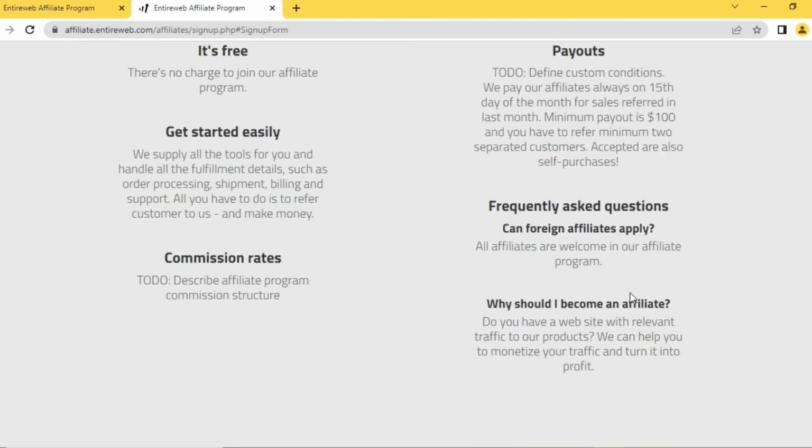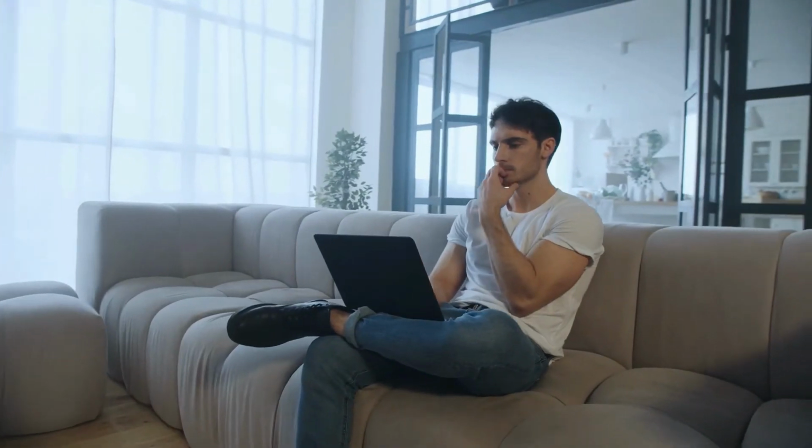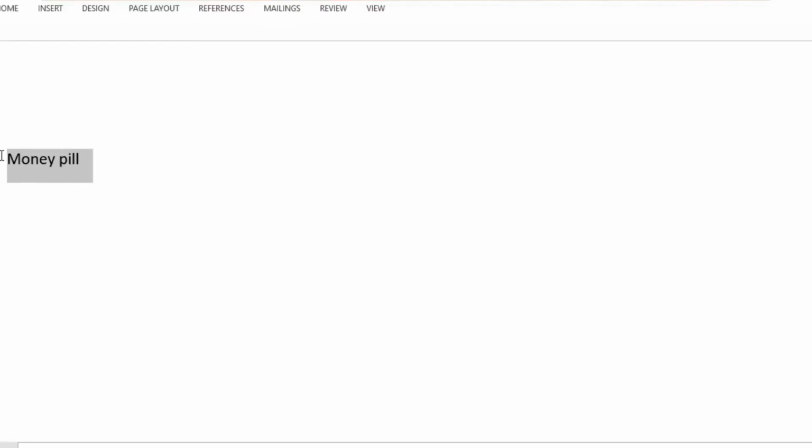Following your registration, you will be taken to your very personal dashboard. To get started, you'll need to create a unique link that you'll promote all over the internet in order to earn money and send these clickers to the entire web. In order to continue, we will also want a brief script, which you will use to promote your unique link to other people. To begin, open Google Docs and create a blank page on which you may write anything that will compel visitors to click on your link.